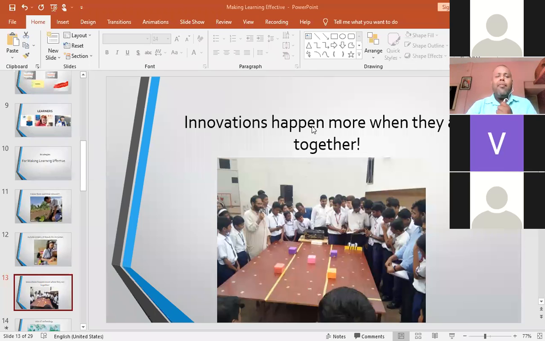Since we are online, we are using Zoom, we are using Google Meet, so we have the option of breakout rooms, where we can give them a role, and these roles can be changed later on. Somebody is monitor, in the next one some other might be the monitor. When these roles keep on changing, they form a kind of bond which helps them learn very well. It creates a very good learning environment. So cooperative learning is the best tool to have.